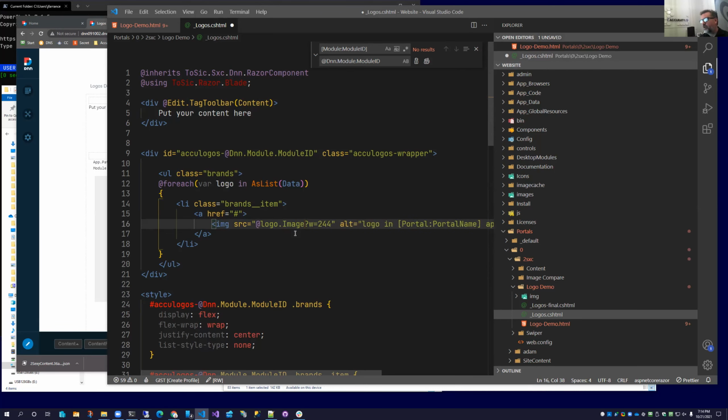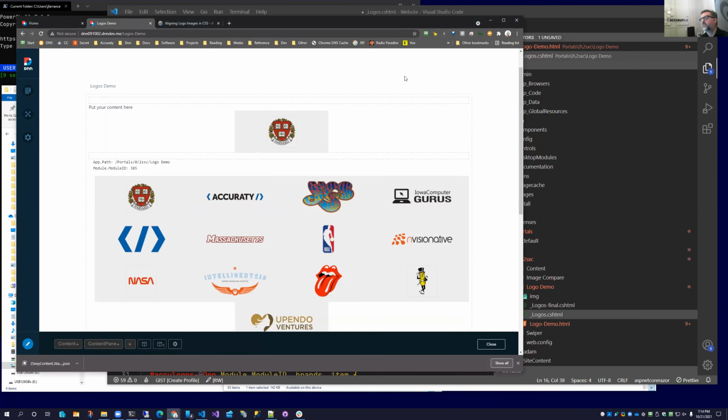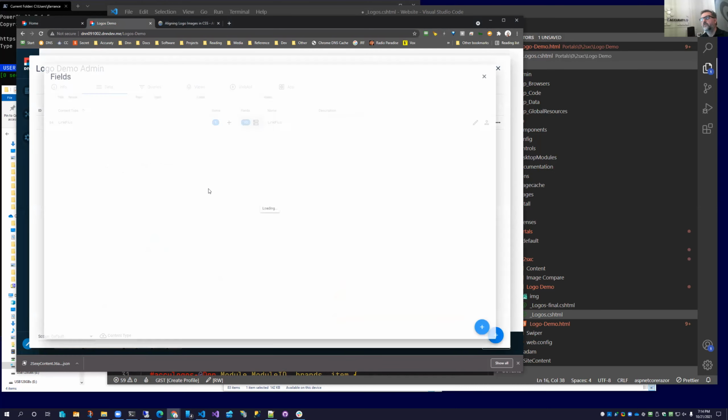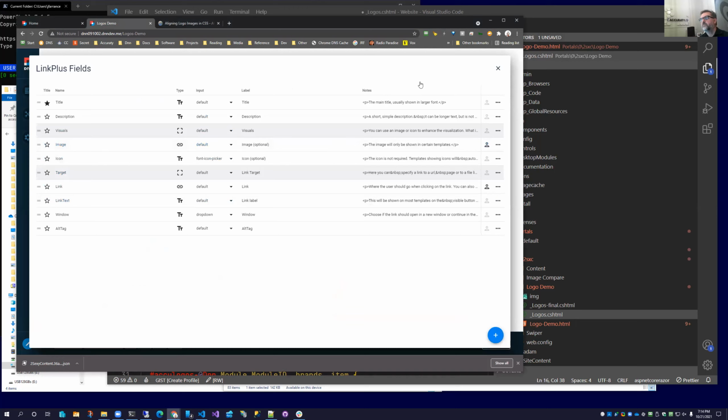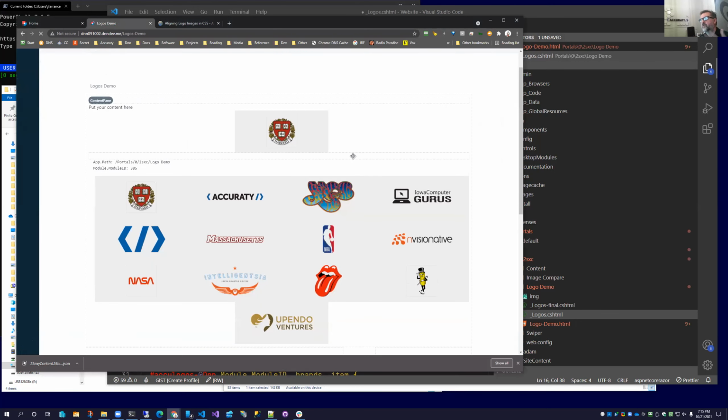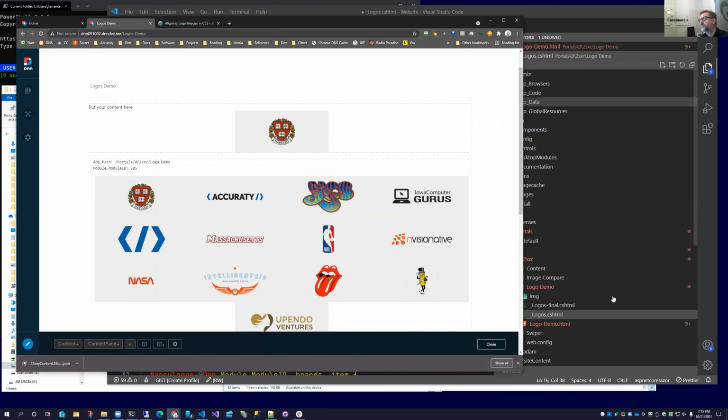And I know because I'm used to this one that it's called image, but just to show you real quick, if you jump in here and take a look at your content type and look at the fields, the image field is where we drag and dropped that image to.